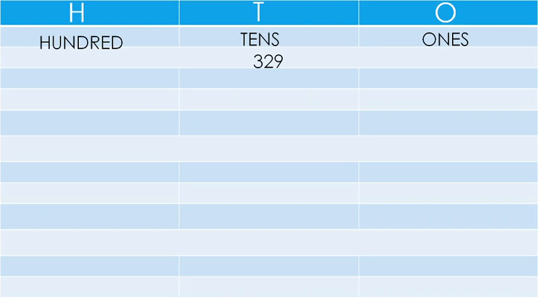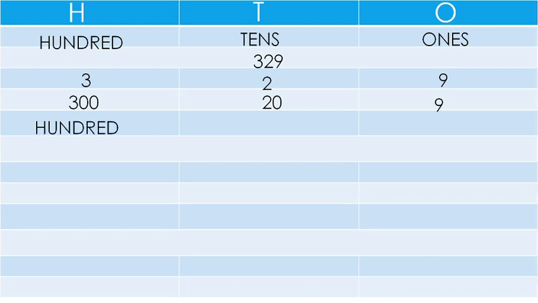First of all, let's try to expand any 3-digit number. Then we will write numbers in words. Now let's take an example. In this combination of digits, 3 is placed in the hundreds position, 2 is placed in the tens position, and 9 is placed in the ones position. So the place value of 3 is 300, the place value of 2 is 20, and the place value of 9 is 9 only. So when we write in expansion form, 300 plus 20 plus 9.